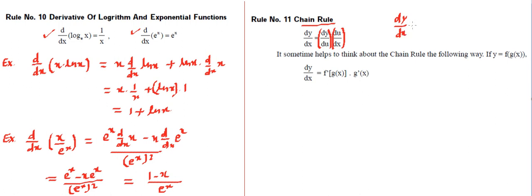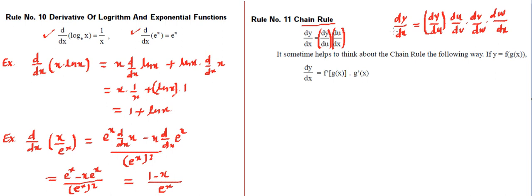Like dy upon dx can be written as dy upon du into du upon dv into dv upon dw, or whatever number you like, you can keep on writing, into, let's say, dw upon dx. Ultimately, you need to end with dx, so that it apparently appears that the other variables we have involved are getting cancelled out. Ultimately, dy is upside, dx is downside, right? So whenever you need to perform this, we can calculate this number, then this, then this, and multiply all of them.